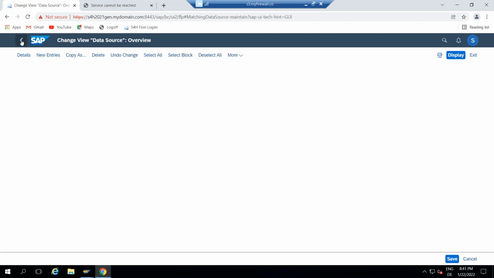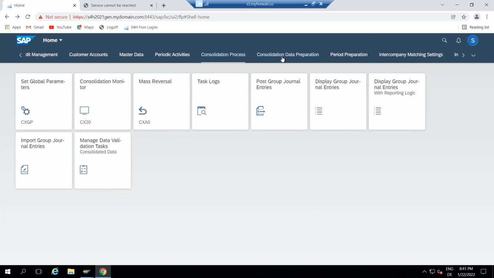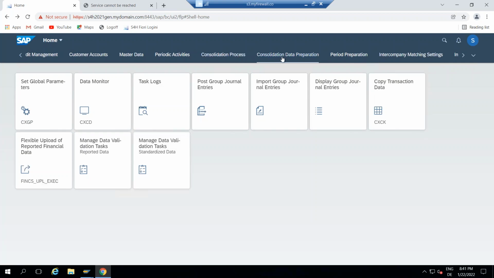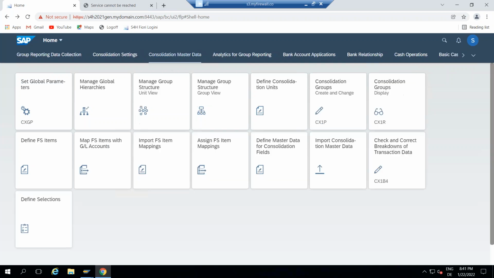No. Okay, I will look into this because these are all new things, new server. So that's all from my side. And this is for the consolidation process side, and this is for the consolidation data preparation. This is the data monitor, and this is for the consolidation monitor. Questions, any doubts?